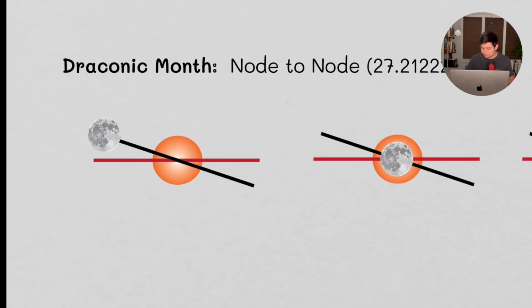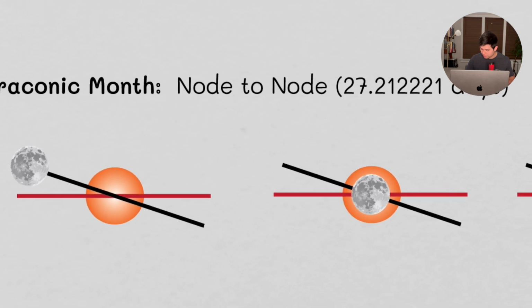If we look at this from a side view, here's the Earth, and say the Earth rotates around the Sun like this, and the moon, this black spot, is actually going to rotate around the Earth at an angle,